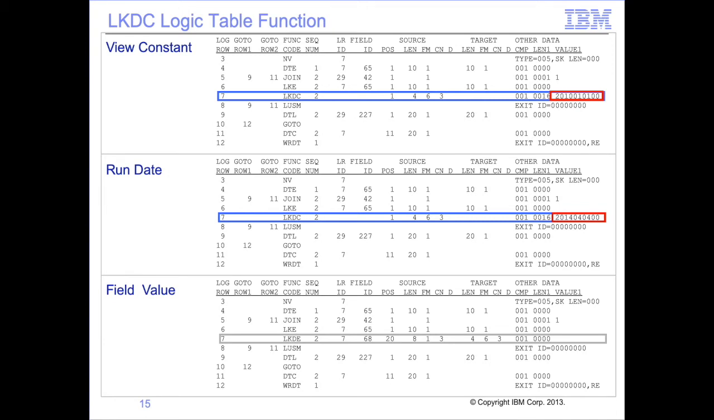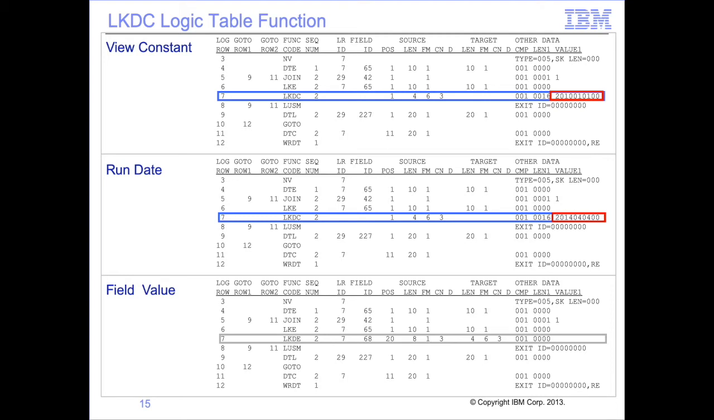The run date constant is placed there by GenevaERS at runtime. One cannot detect which source was used for effective dates by examining the logic table. In this example, the view constant is 2010-01-01. The run date constant is 2014-04-04. Because all effective dates are converted to 4-byte binary, a FM type 6 on the logic table report, which